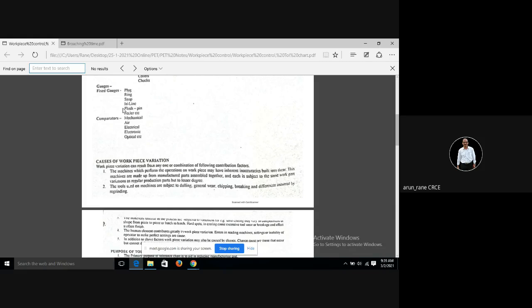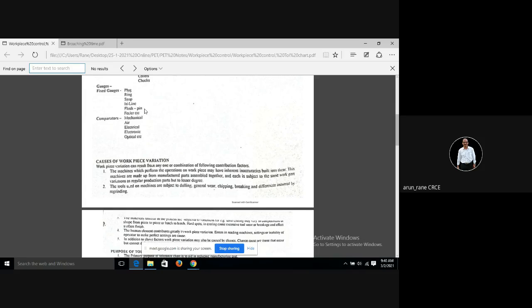First thing is that all these gauges are used whenever there is mass production. Suppose you want to check thousands of pieces, then it is not possible to check them with a micrometer or vernier. So you need devices which are very fast. Even CMM, that is coordinate measuring machines, is not used for mass production, because it also takes time, as the probe will touch the component, ID, OD, and it takes some time. That's why these devices are used for measuring components which are produced in high quantity.